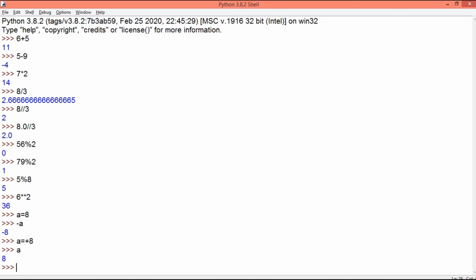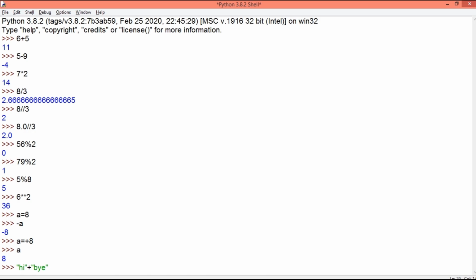In all the above examples, you can see that I have used only numbers with these operators, but in Python, the addition symbol and the multiplication symbol can be implemented using strings also. So this is an example where the plus symbol is used with string values.